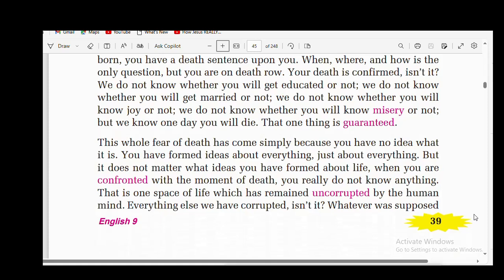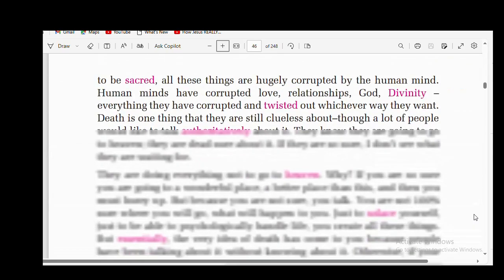That is one space of life which has remained uncorrupted, sinless by the human mind. Yes, everything else we have corrupted, isn't it? So with everything a human interferes, but with death human cannot interfere. No human knowledge, human wealth, property, education, nothing can interfere with the death. Whatever was supposed to be